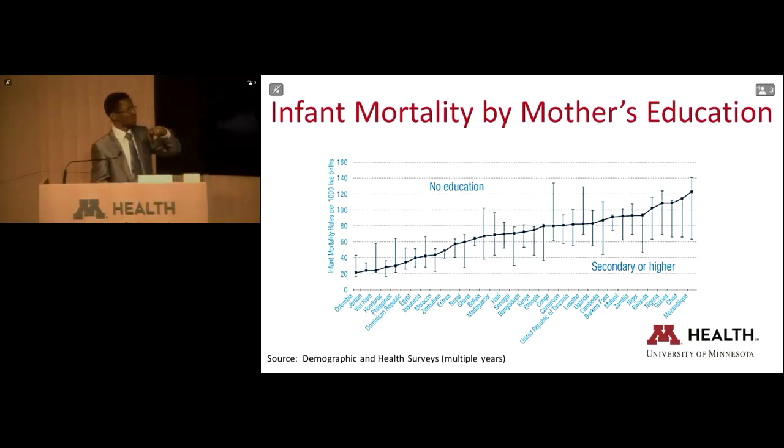What I would like to call your attention to is that the line is not equal between those that have no education versus those that have had a secondary education or higher, and you would see that most of those lines are actually skewed in the direction of those that have no education, showing that the mothers that had less education or no education at all were more likely to lose their kids, which is really, really sad. I picked this graph from the World Health Organization reports where they studied the social determinants of health,